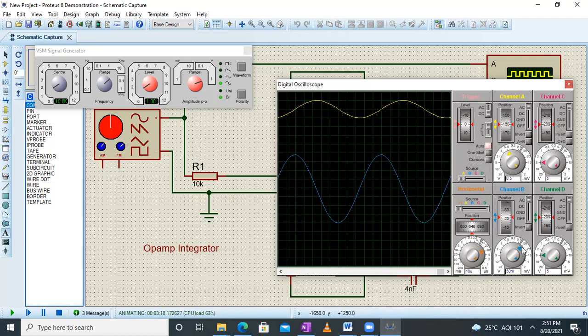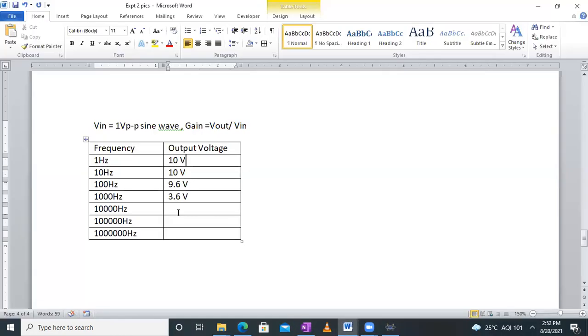See, the volts per division knob is at 50 millivolts, right? So 7.8 into 50 millivolts will give me 0.39 volt. Okay, so please measure that accurately. 0.39 volt. Okay, next we'll go to the next, let me add it properly over here like this.